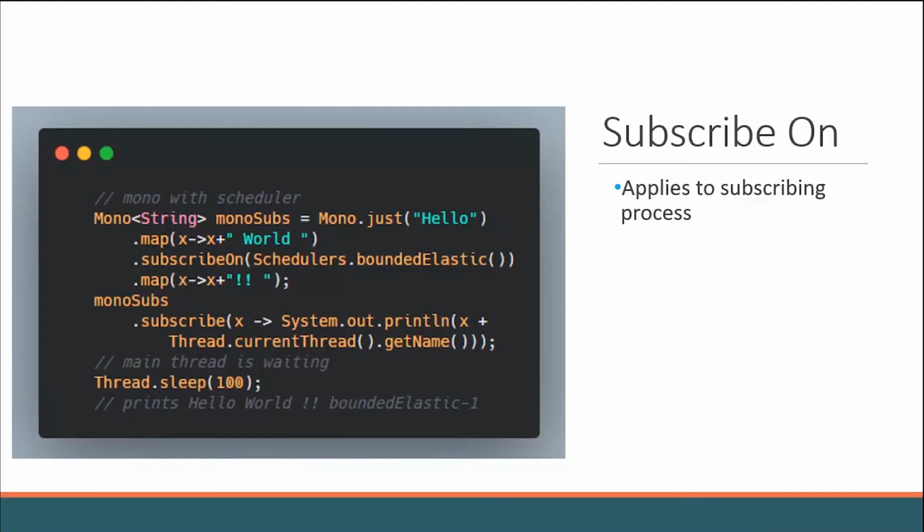So subscribeOn. As I said, we have two operators, subscribeOn and publishOn. If we run this without subscribeOn, the whole thing happens on our main thread. Once subscribeOn is applied, it changes the subscription, moving the whole object to another thread, like moving the subscription to another thread.